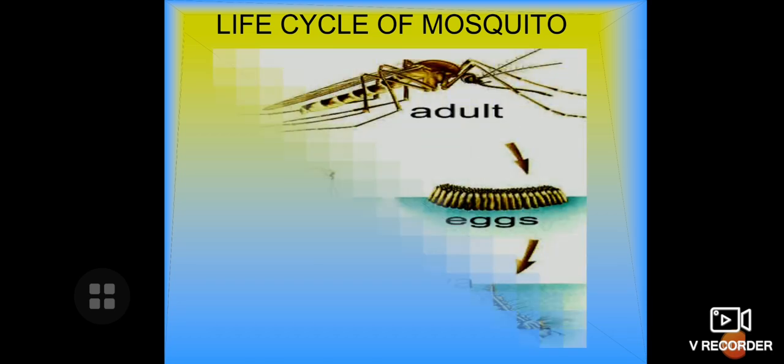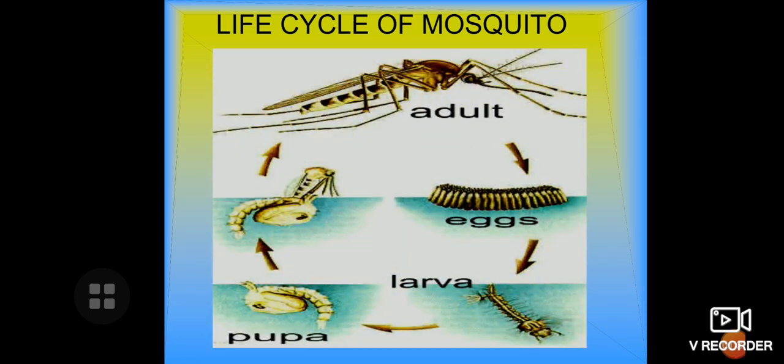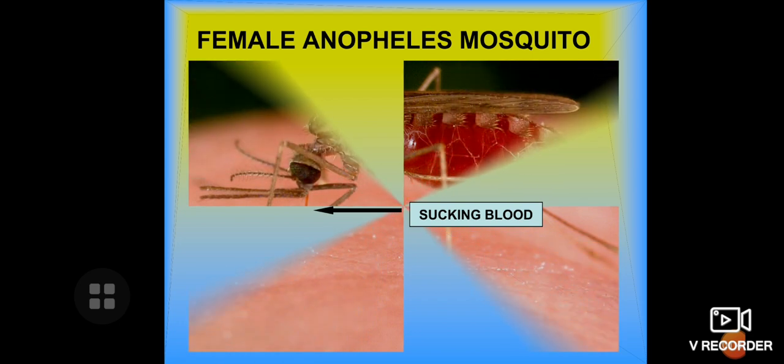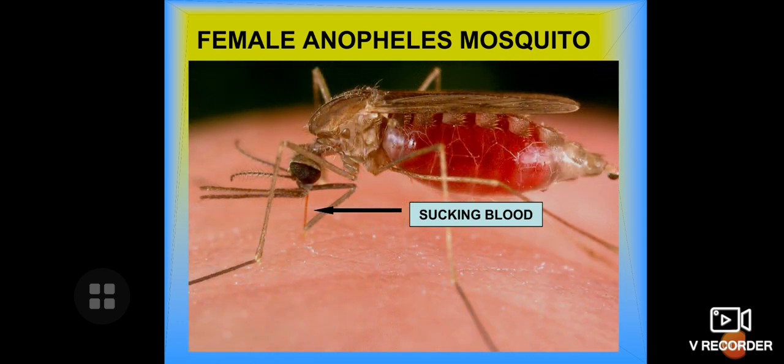Then here is the life cycle of the mosquito. Eggs convert into larva, and then larva to pupa, and then the adult mosquito is there. This life cycle I told you that you are going to make in the notebook when I share the PDF with you. Then here is a mosquito sucking blood,